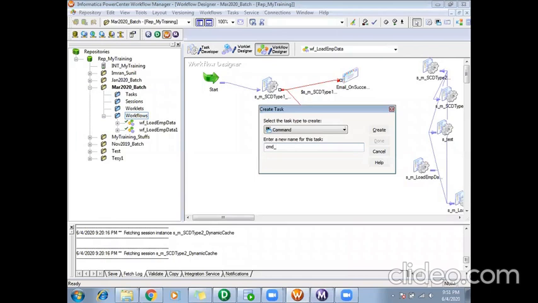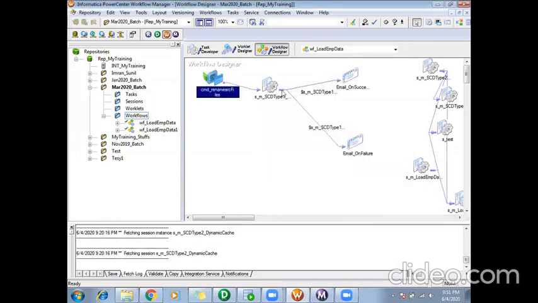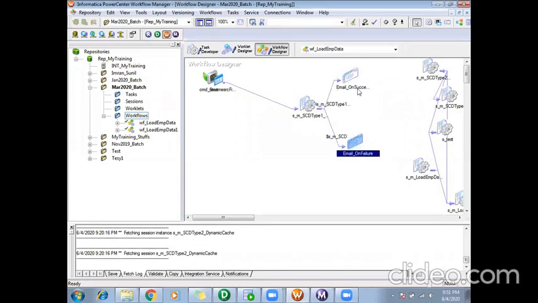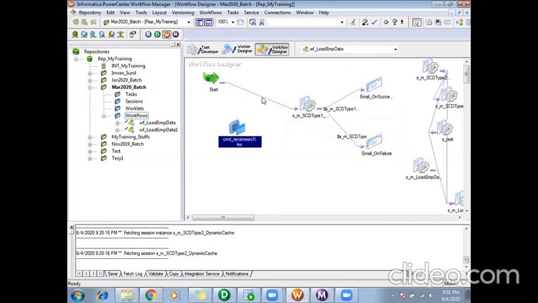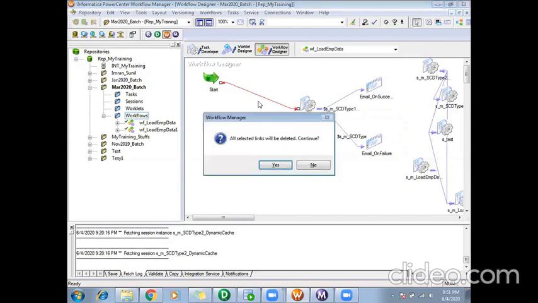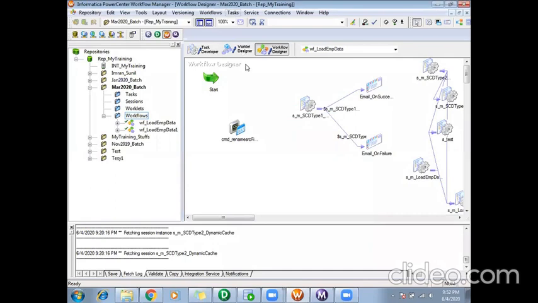We normally use the naming convention CMD and any meaningful name. The command task is used to run any Unix commands in Informatica. Your Informatica will be hosted on a Unix box, so if you want to run any Unix command, you can use this command task.